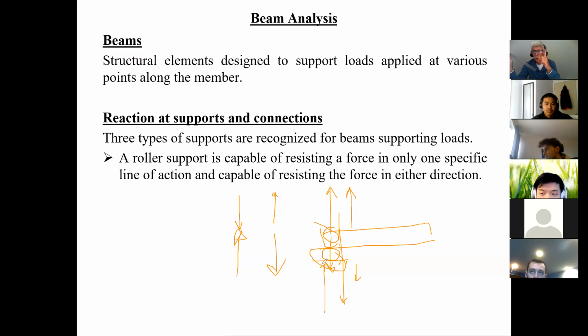I'm talking about this finger here, okay? Is there ever going to be a reaction if I allow the beam to go back and forth? Just tell me yes or no. Yes. Okay. If I don't restrict it like this and it falls, is there a reaction? There's no reaction. So if I don't restrict it from moving back and forth, is there a reaction? There's no reaction. Okay. So what a roller means,